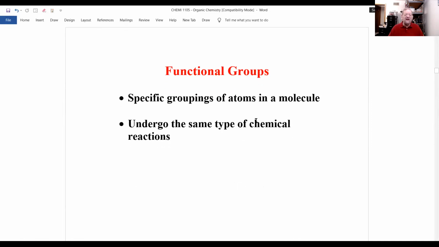Now, I talked about functional groups. I'm not going to ask you what a functional group is, but it's a specific group of atoms in a molecule, and they undergo the same type of chemical reactions. No matter what type of molecule the functional group is in, that's the type of chemistry they undergo. Just like